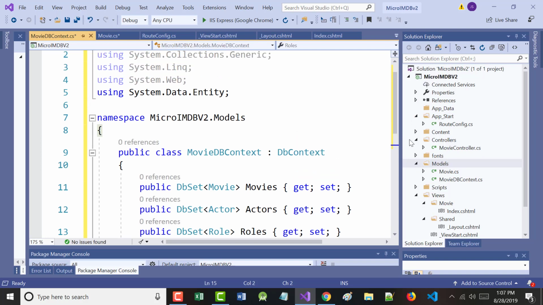Again, nothing red. That's always a good sign. Still, we have no database. We have not built a database. I'm going to tell you something, and I don't know if this is a good thing or a bad thing, or if it doesn't matter. But when you start building databases,